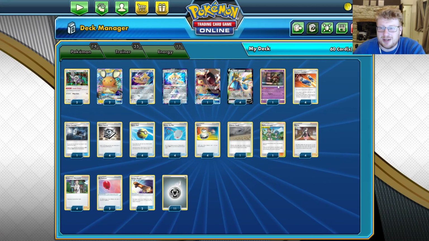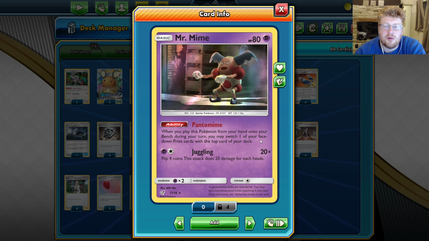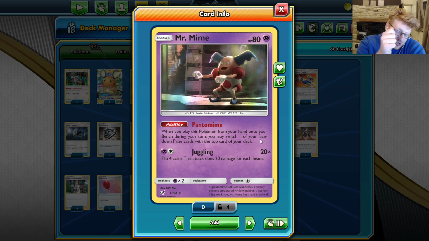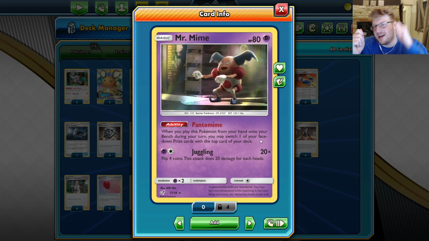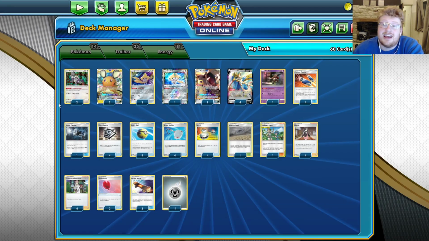So how are we going to make this work? Well, the Mr. Mime has Pantomime as the ability. When you play this Pokemon from your hand onto your bench during a turn, you may switch one of your face-down prize cards with the top card of your deck. So you need to access your Jirachi Prism Star, access your Mr. Mime, bench the Mime,